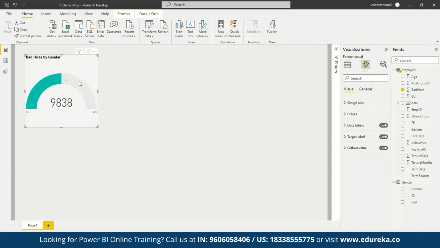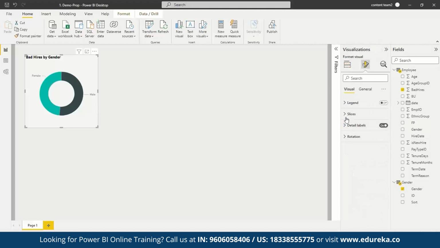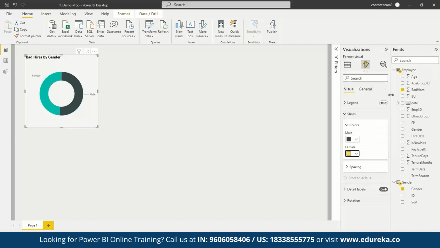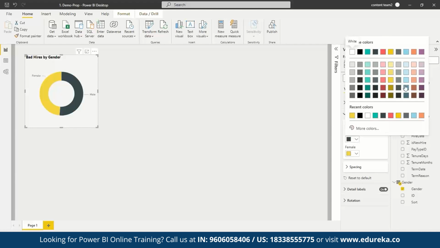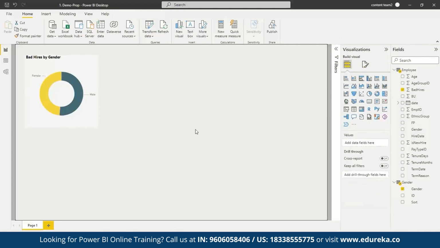Sorry, this was my mistake. I'll go ahead and change the visualization again. And I'll format my visuals again. And I'll represent male by, let's say, alright, this color looks good. And I'll represent females by, let's say, yellow. Now it looks much better. You can always make changes according to your requirements, but select those colors which make the visuals look proper and much more appealing. So now that we have answered how many bad hires were there in the company based on